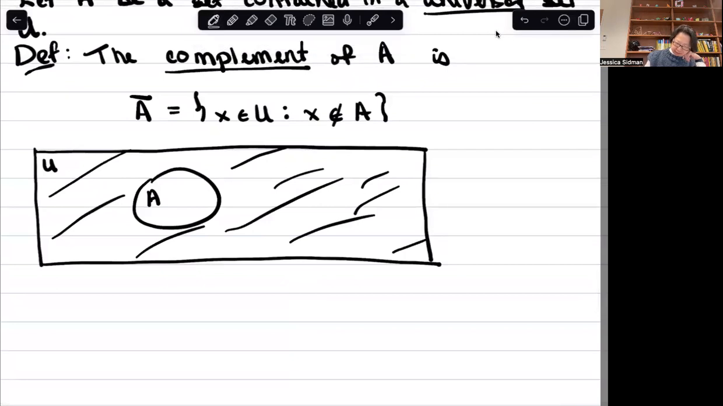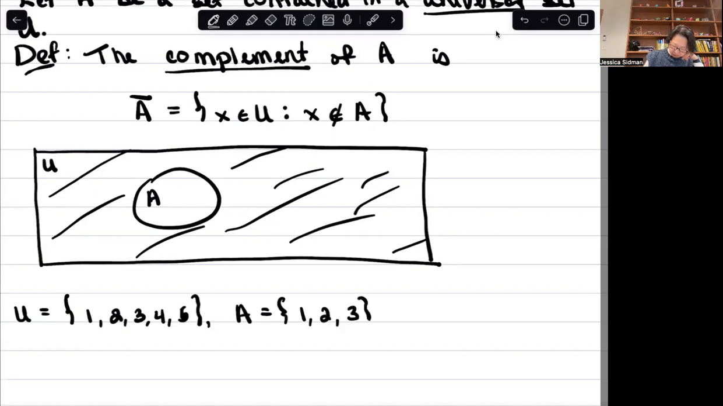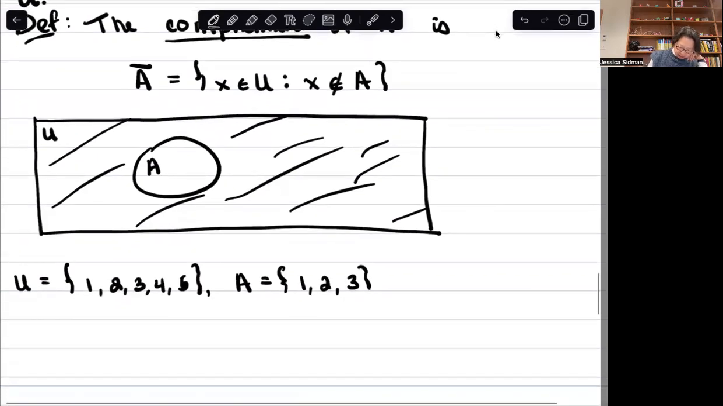So for example, if I had my universal set as the set {1, 2, 3, 4, 5}, and my set A is the same set we've been using, {1, 2, 3}, then the complement of A are the elements of my universe that are not in A, and that's just the elements 4,